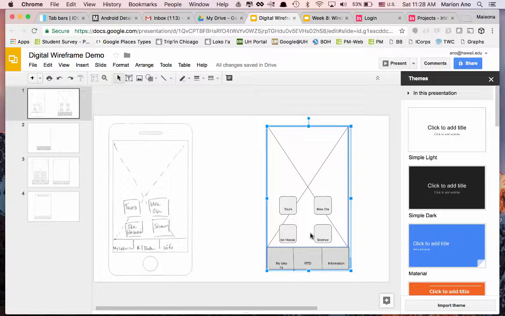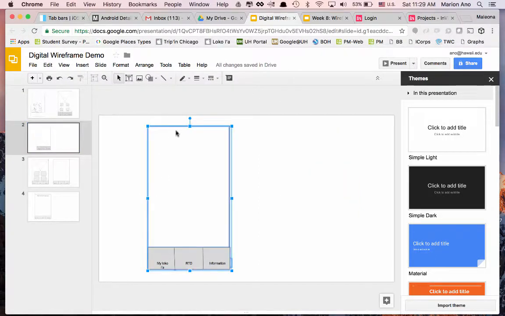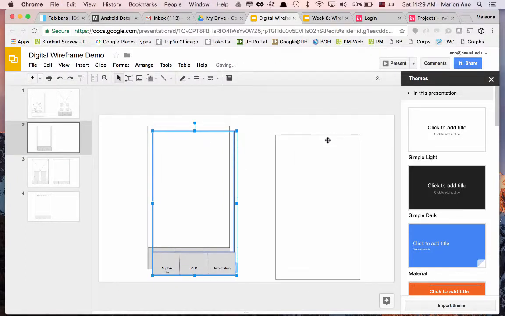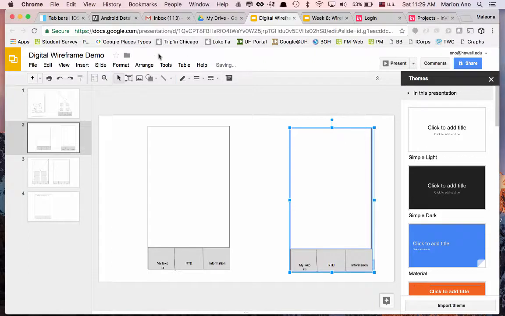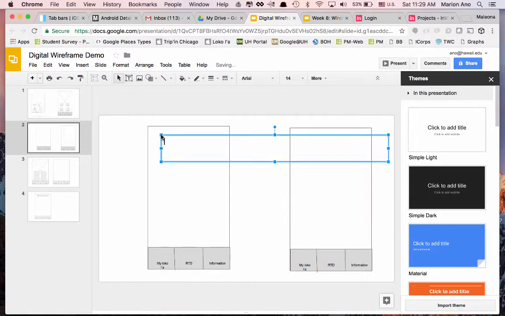All right, guys. Now I want to do something interesting here. I want to go back to our template here. So we want to preserve the template. So what I'm going to do is we're going to do a copy paste, and I'm going to put a text box up here, and I'm going to call it walking tour home screen, because now I'm going to show you how to prototype